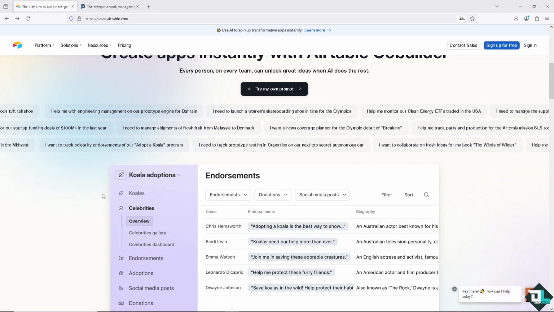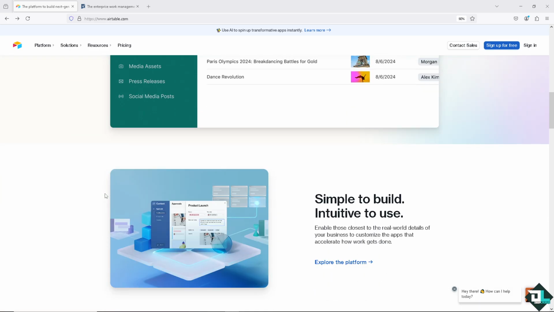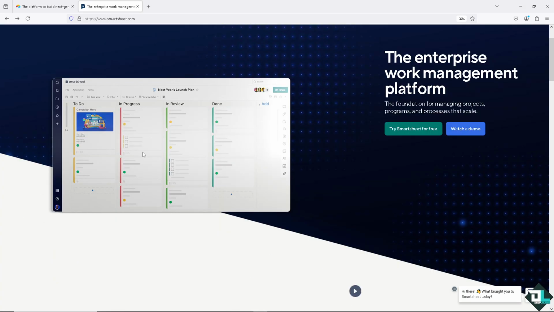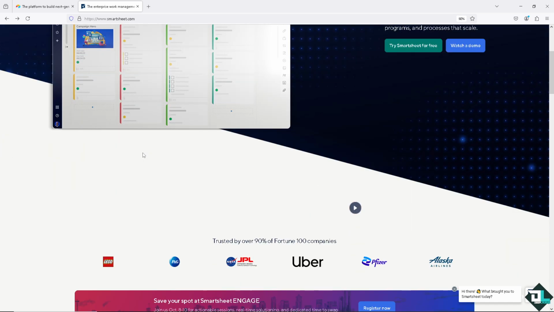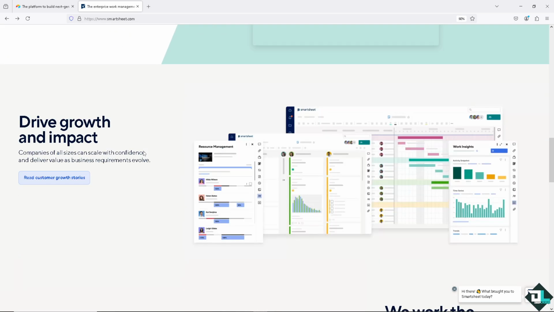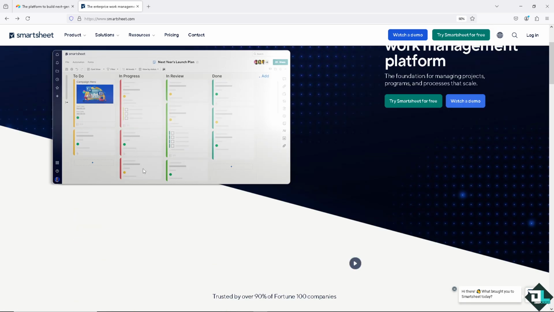Now, the question is, if you need a customizable database with flexible data management and various visualizations, or your focus is managing and relating data across different tables and views, I believe that Airtable is best for you. But if you need a comprehensive management tool with a detailed planning feature such as Gantt charts and resource management, or your primary goal is to manage and track projects with a focus on advanced project planning and team collaboration, I believe that Smartsheet is the best choice. Ultimately, the aspects of project management or data organization that are most important for your needs